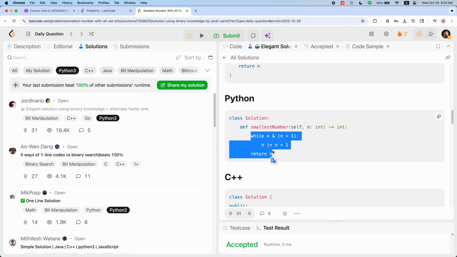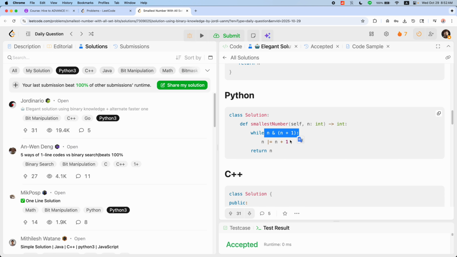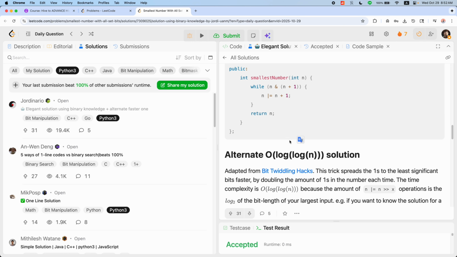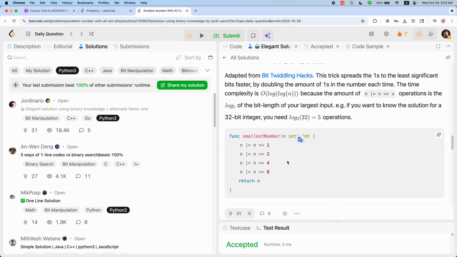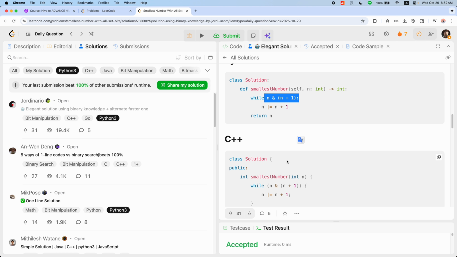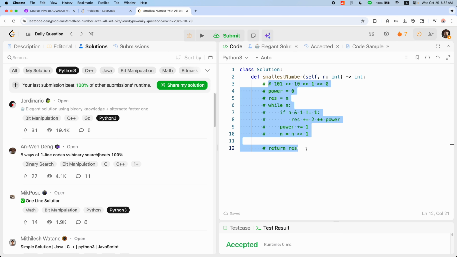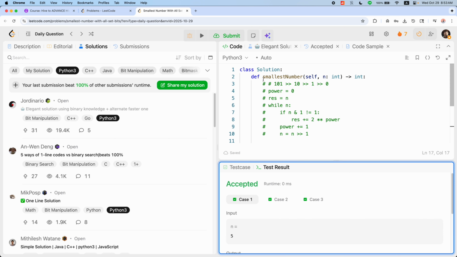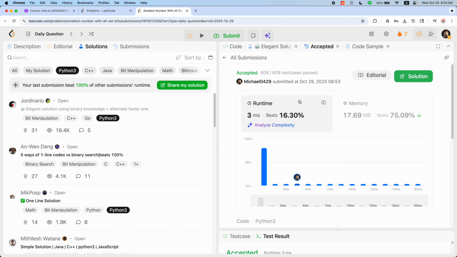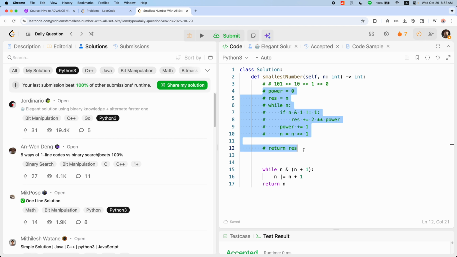Oh, I think this one is better to do. So, this is also the bit mask way. And the idea over here is, let me validate this method first. Okay, this also works, but this is kind of slower than this one, because for this one, we just